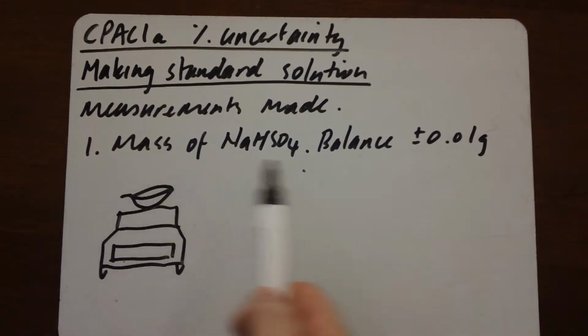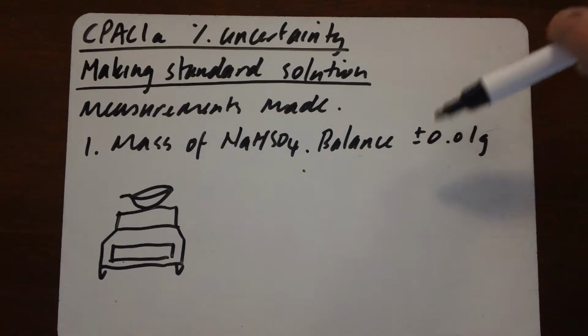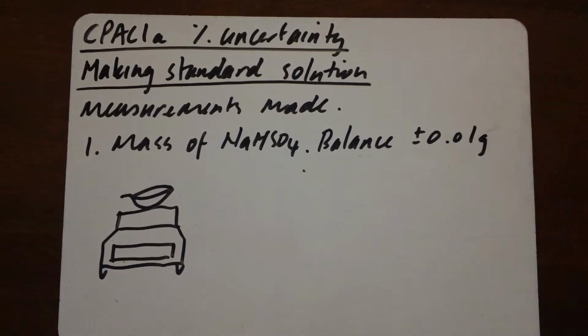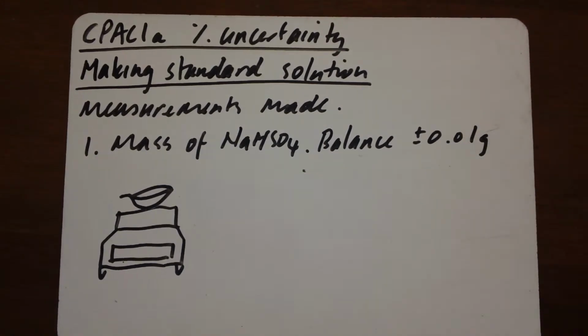You would have measured the mass out using a balance. The balance would have had an associated accuracy, is that the word? Uncertainty of plus or minus 0.01 gram. There are other balances available. If you use one of those, you just need to make sure that you're using the smallest increment from that balance. For example, if you've got the really good, expensive one, it might be plus or minus